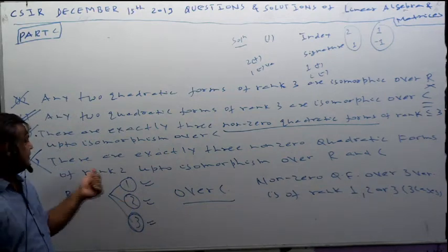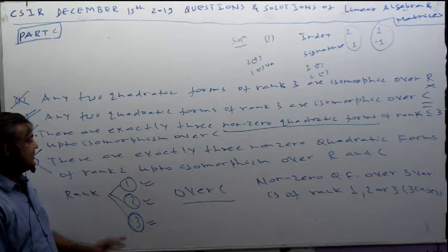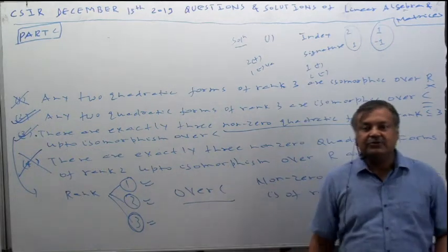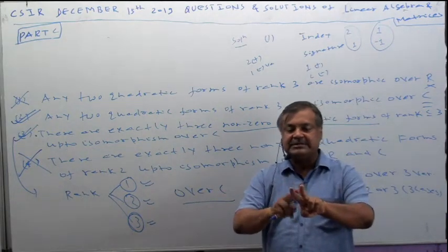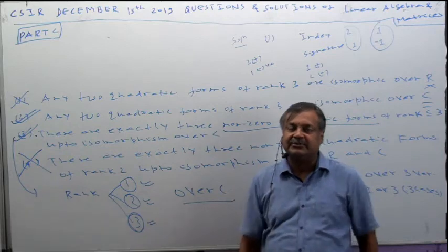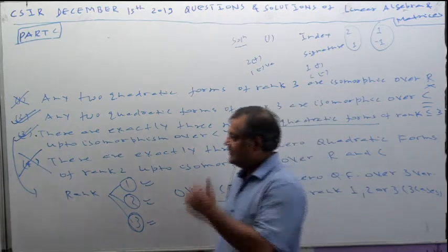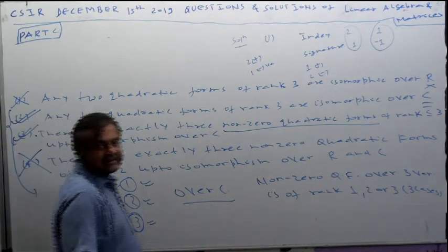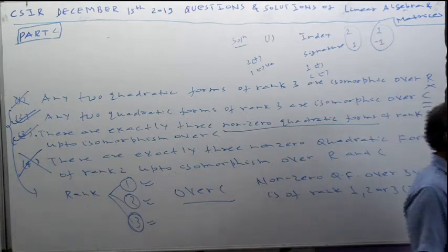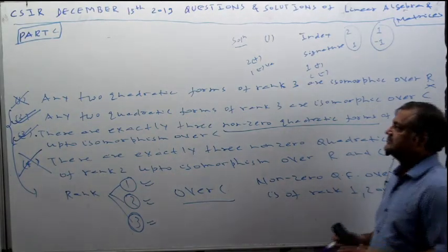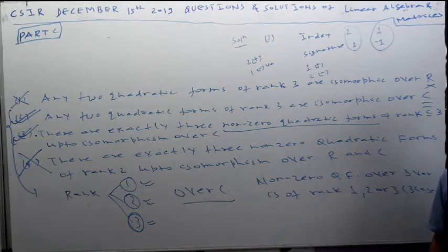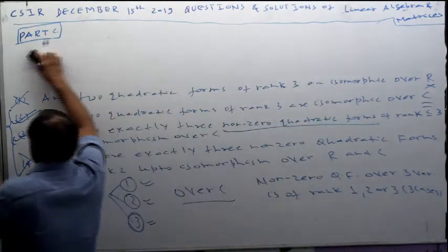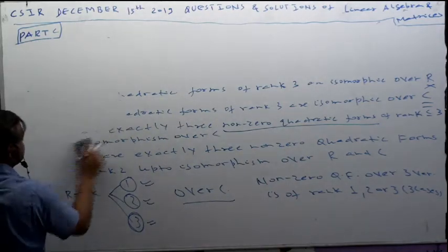Fine? So 3 is for rank less than or equal to 3, not for rank less than or equal to 2. Plus R is also included. R is not determined by rank 2 only. It will take number of positive terms how much, number of negative terms how much. Is it okay? So the fourth one is wrong. So second and third options are totally correct. I hope there will be no doubt. Now give me a space so that I can move to the next question.